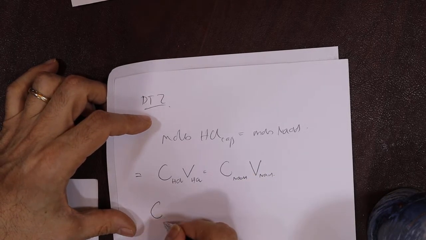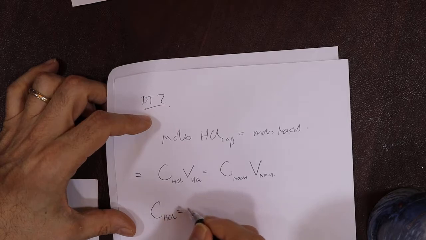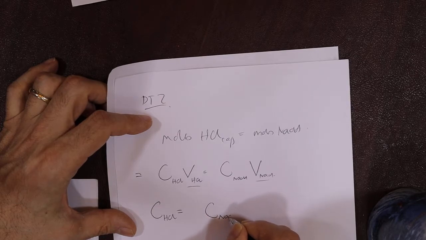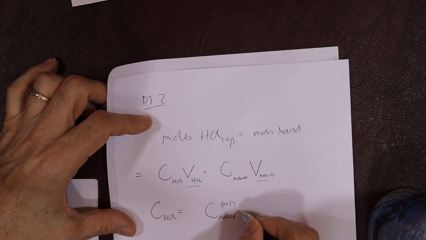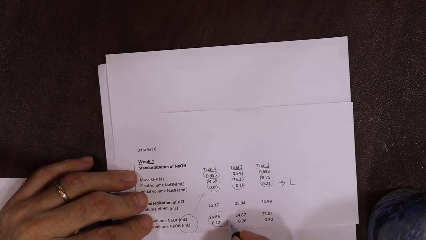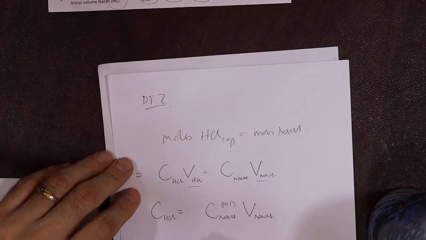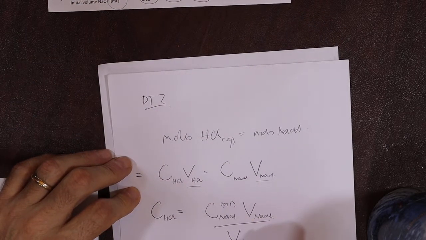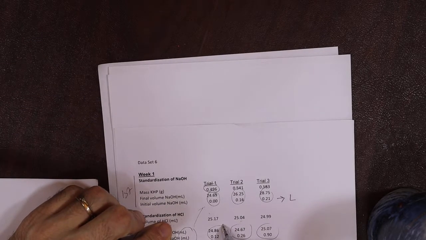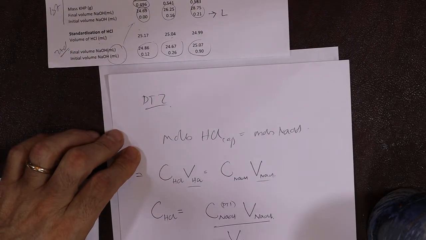So we want concentration. Now because this and this are in milliliters straight from the burette, there is no need to turn it to liters, because milliliters will cancel. So C NaOH, that was from part 1. Volume NaOH, initial minus final, 3 trials, over volume HCl. Now volume of HCl, it's on the sheet there. There it is. So do 3 trials, take an average,